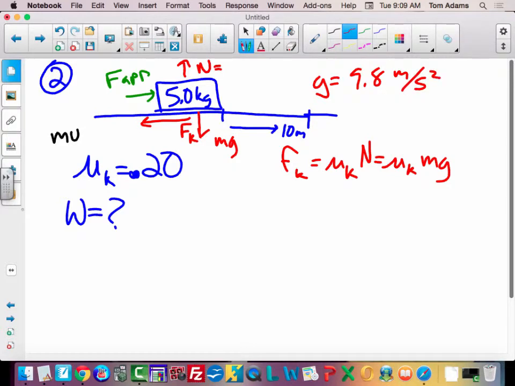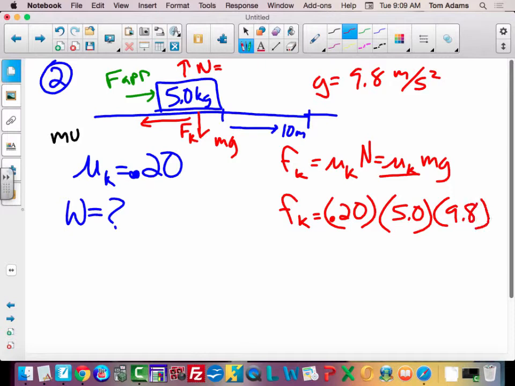Can we calculate the frictional force? Absolutely. The frictional force is equal to 0.20, because that's our coefficient of kinetic friction, times the mass of the object, which is 5.0, times the acceleration due to gravity. I didn't write down the units simply because I'm running out of space, but this is in meters per second squared, this is in kilograms, and the coefficient is just a number. It doesn't have a unit. So all my units are correct. Now if I multiply this out,